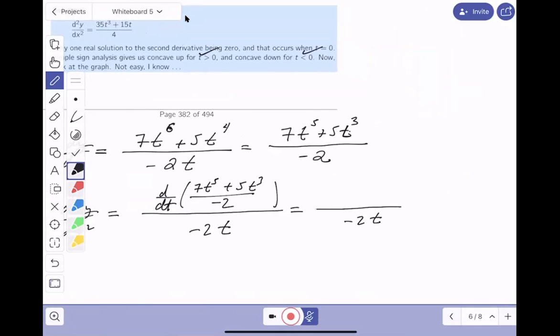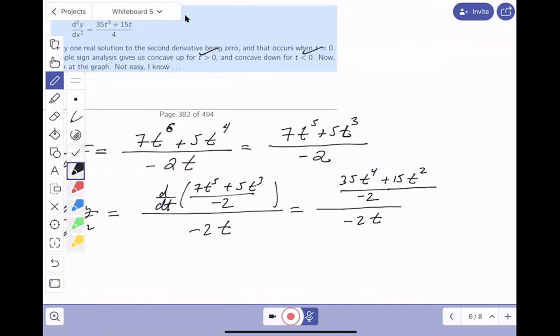What do you get on top? You definitely get minus 2. And then you get 35. Let's take a look at that. 35 t^4. Whoops, I didn't get the 5 in there, did I? Go backwards. 35 t^4 plus 15